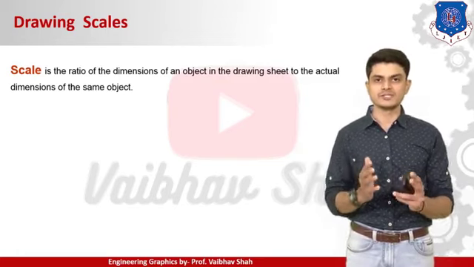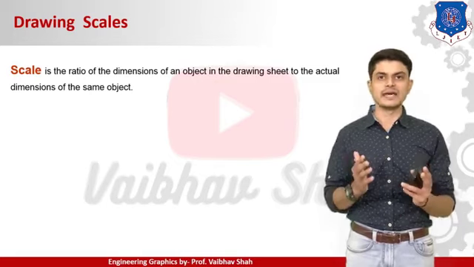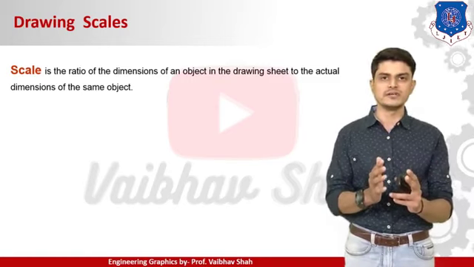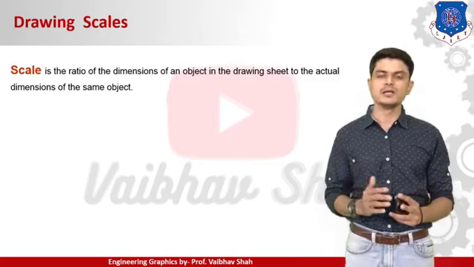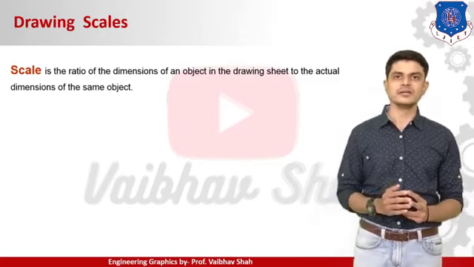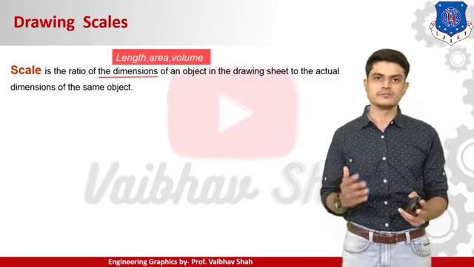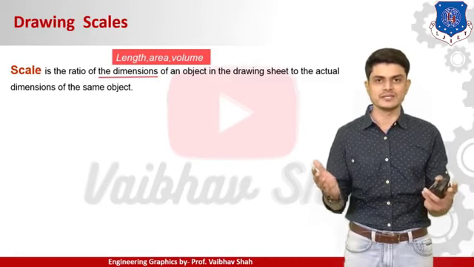So scale is the ratio of the dimension of an object in your drawing to the actual dimension of the object. This is the ratio. You need to remember this definition. Whenever it is asked in your examination, you need to write this definition, right? Now here we are talking about dimensions. Which dimension could it be? It can be length, area, or volume. It can be any dimension and you can take the